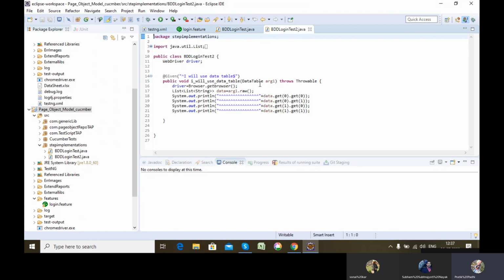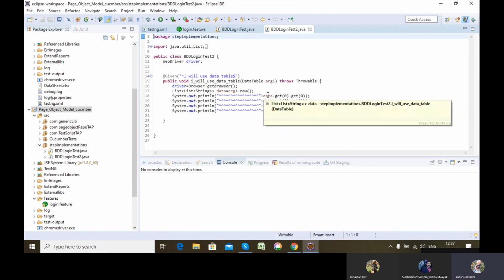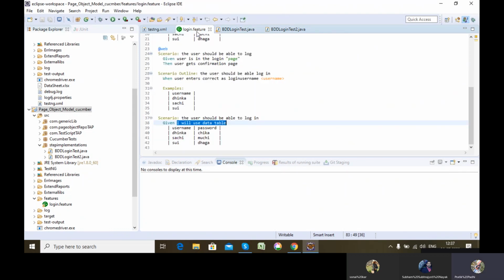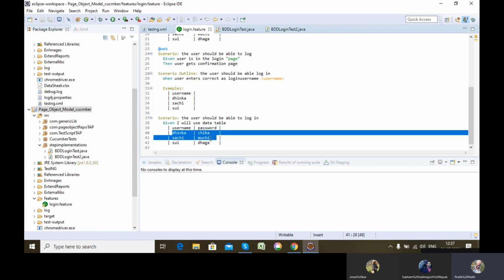To retrieve data from a data table, this is a Java concept you need to brush up on. First, you have to create a list of strings. In a data table, you have a list of strings which is again a list. This first one is a list of strings, one set of data, and I have 4 lists here.